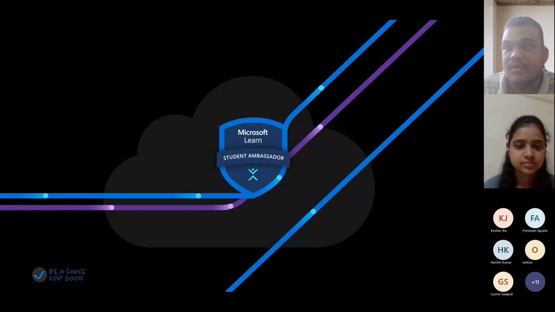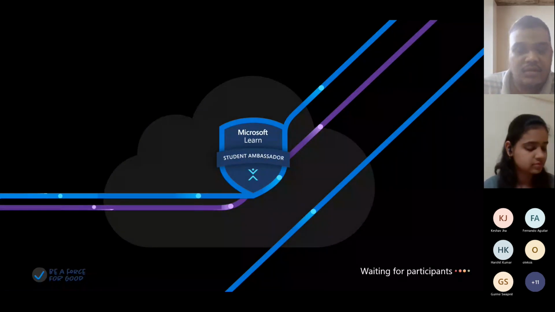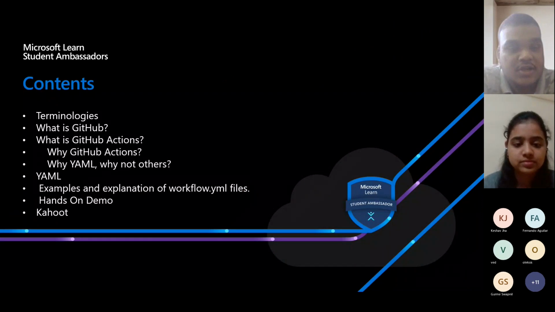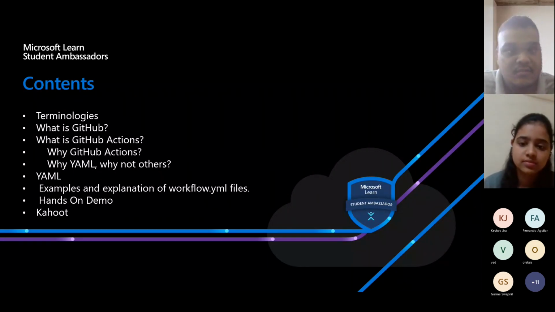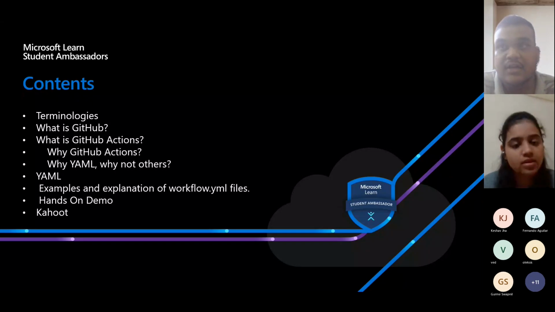Okay, so before talking about the GitHub Actions stuff, we'll first dive into different terminologies. There are some terminologies like SDLC, DevOps cycle and CI/CD, what are workflows, what are pipelines and stuff. We'll explore that. Then we'll go into what is GitHub and what's the difference between Git and GitHub. I think you should know that. If you don't, then I will explain that. Then